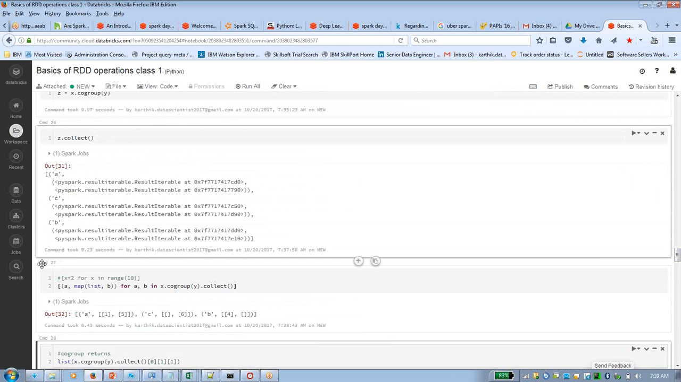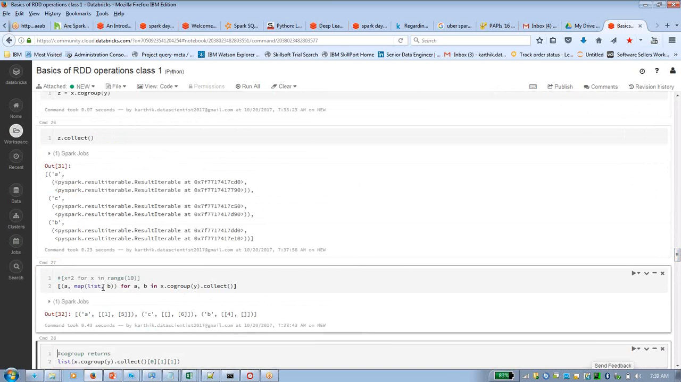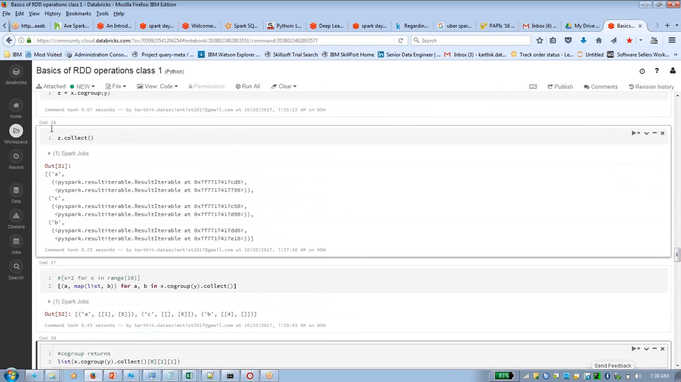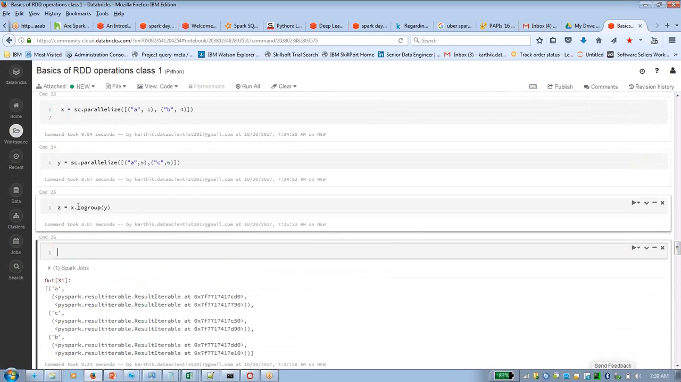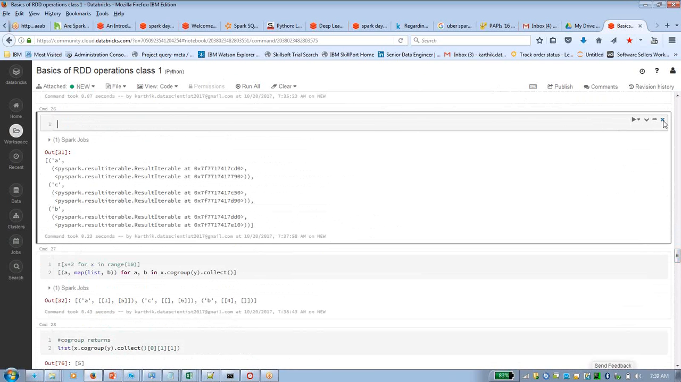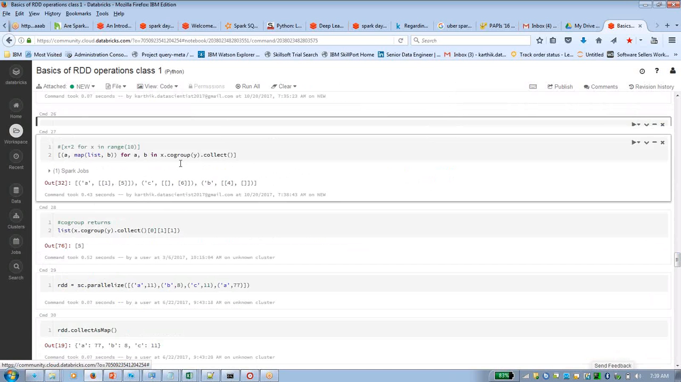So this is like A, comma map of list, which is B. So it will get the key and values in X and when X co-group Y. So this particular thing we don't need it. So ఈ step అర్థమైందా, like what I'm doing here,